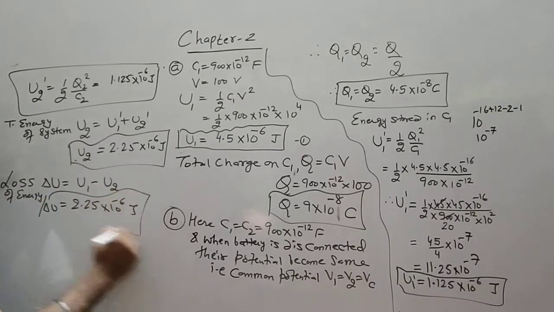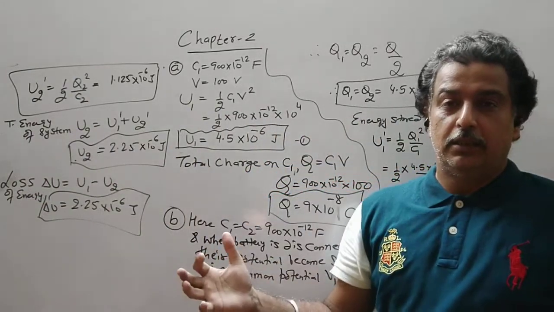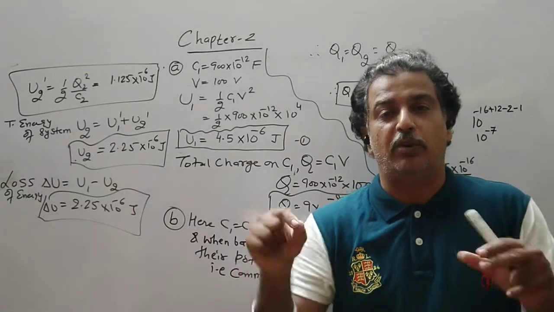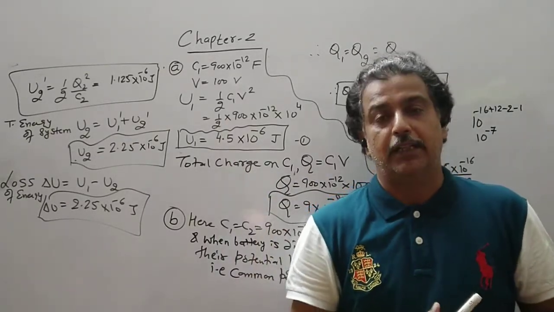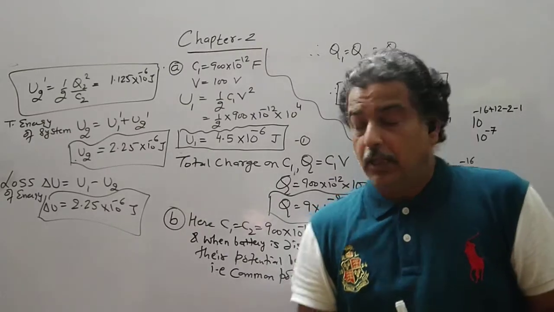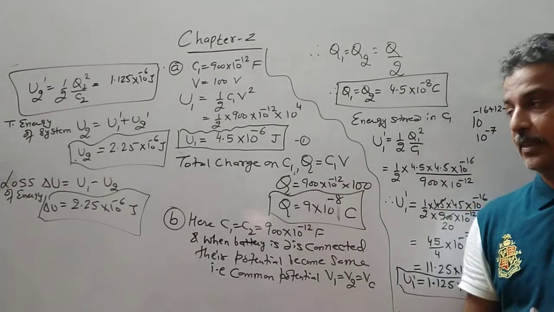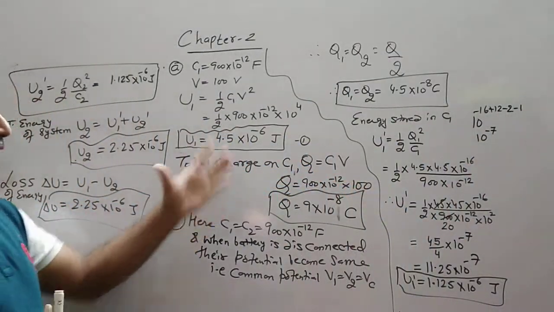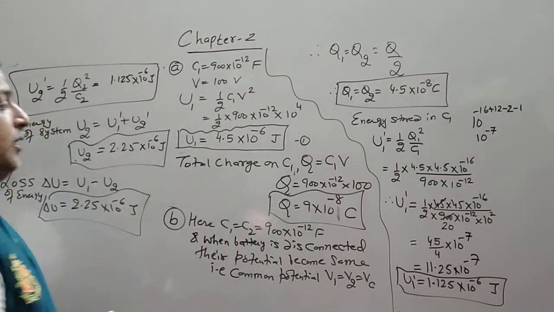This loss comes into the picture because when you remove a battery and another capacitor is connected, we have to take the help of a connecting wire, and we will see each connecting wire has a resistance. So this is the numerical for identical capacitors. Now remember this formula, if the capacitors are identical, then only you have to apply this case.